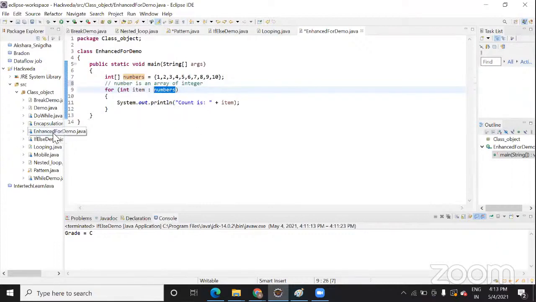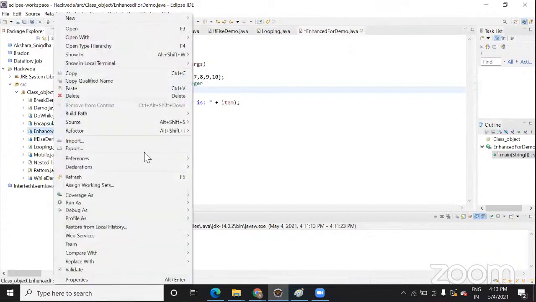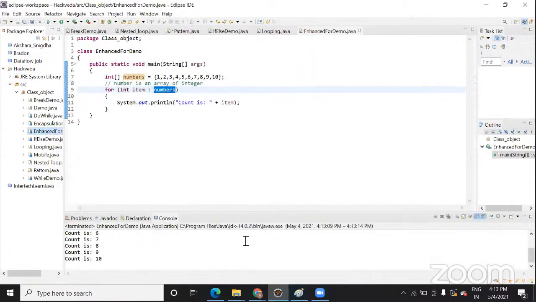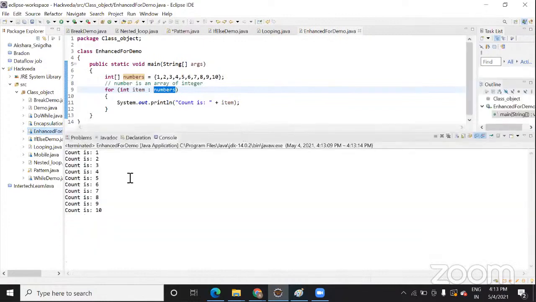There are two ways, as you all know: you can click on this and run as a Java application, or you can run it directly from there. You can see I'm getting the count 1 to 10, right? Because here the item is initialized ten times. Now let me check it with some other elements: 11, 12, 13,